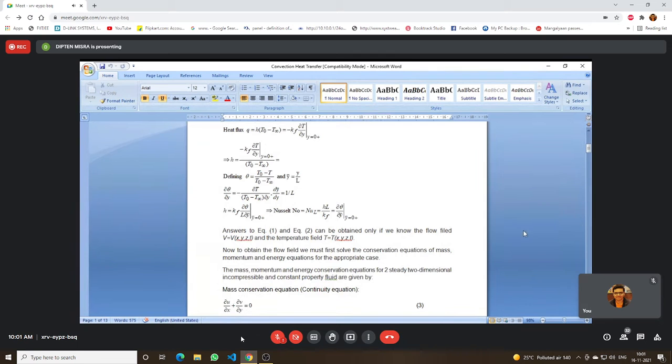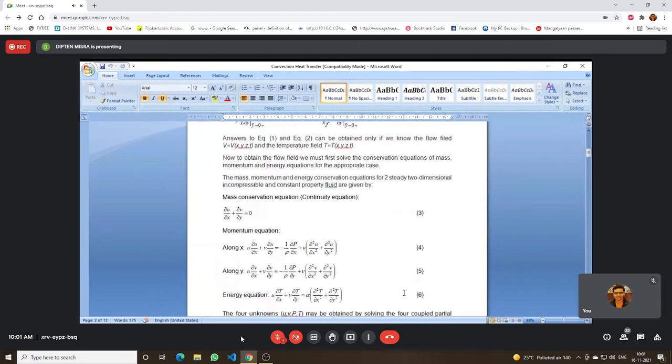Up to this we have not said anything about whether the fluid is incompressible or compressible. What we are considering here is a case involving a constant density. If it is not a constant density, then this will not be the form of the mass conservation equation. This is the form of the mass conservation equation when the density is constant. But if the density varies, then it involves another complexity that we will show. But in most of the cases, when you solve,